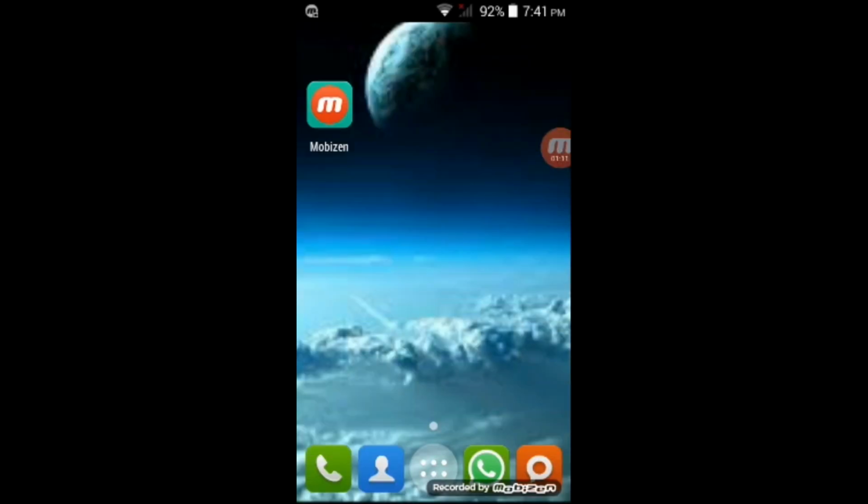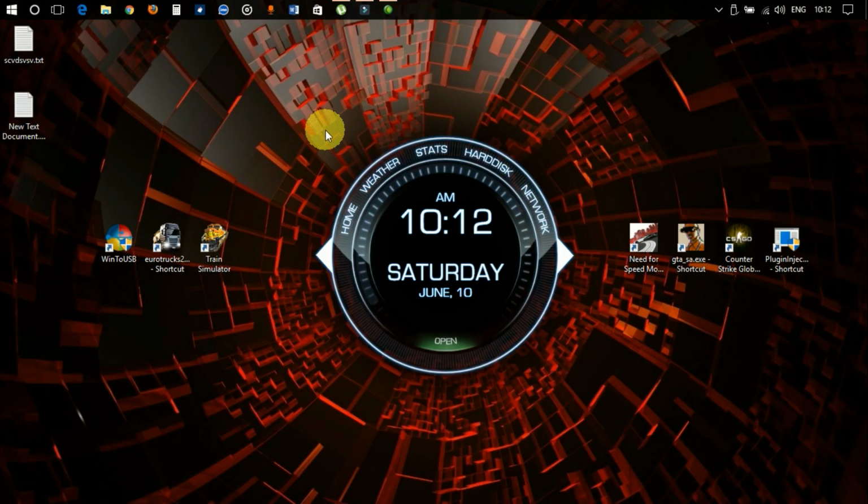Let's push down the shutter, and this is how you record the screen of your Android phone, if your Android phone is running on Android KitKat. So here Mobizine is an amazing app. You really don't have to do anything, just install it and install the recording engine. You don't even have to root your phone. In fact, this phone that I showed you is not rooted. So that's it guys, that's how you can record pretty much all Android screens. This app will run on Android Lollipop and all Android versions, irrespective of the Android version.